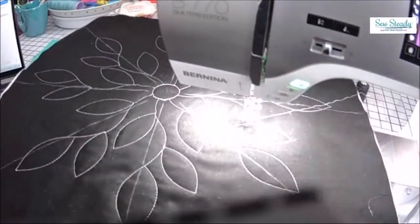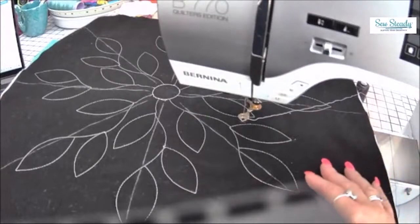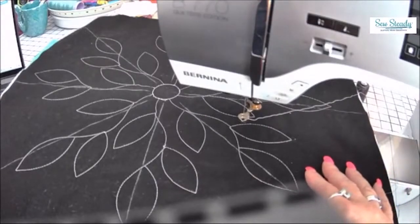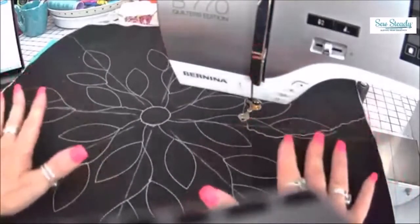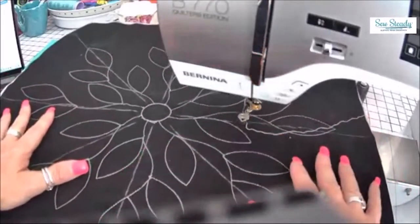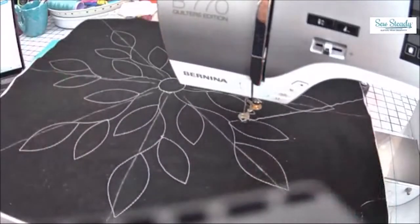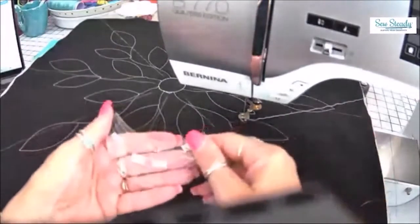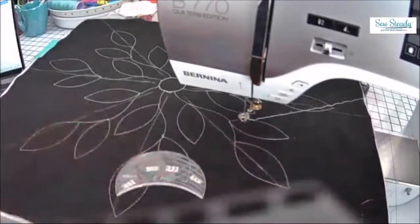I'm just going to turn off that glaring light. I've got to figure out how to disengage that when I'm sewing. So I'm just going to turn off my machine because I want to show you how you take this design to the next level. And how you do that is you use your 4-inch arc that is in your sampler